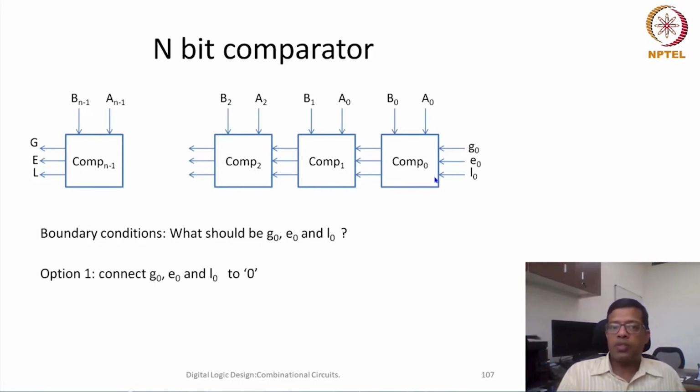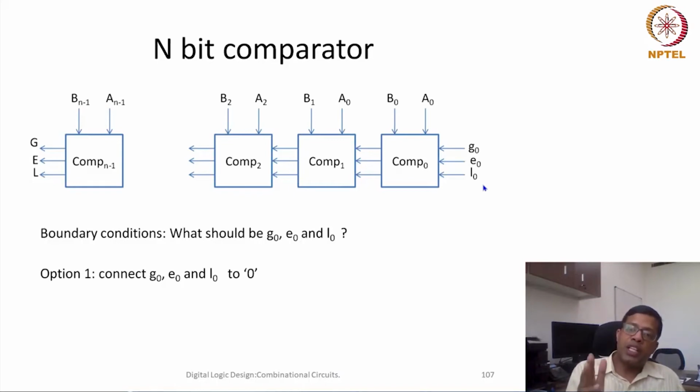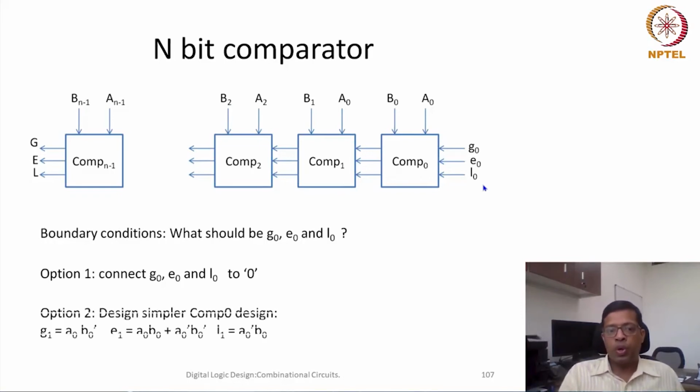In this particular case, one option is that we say it is neither greater than, nor equal to, nor less than. So essentially all of them are 0. Initially we said that one of them, either G, E or L, has to be 1, but now we are saying all of them are 0. Because it's an initial condition, a reset condition, when we have not started comparing, it cannot be greater, it cannot be equal, it cannot be less. If that is so, then we can also simplify our design of comparator 0. Either we can simply assign all of them as 0, or we can